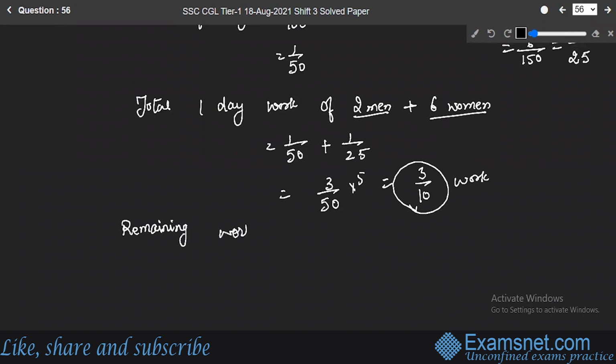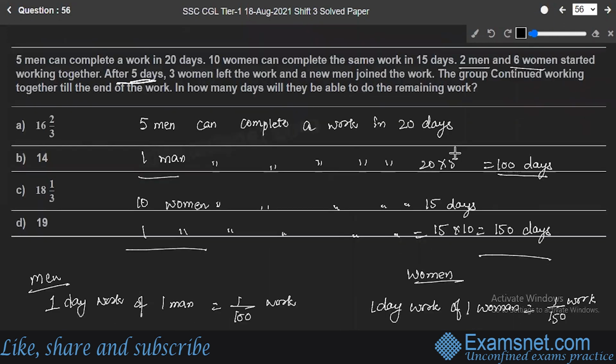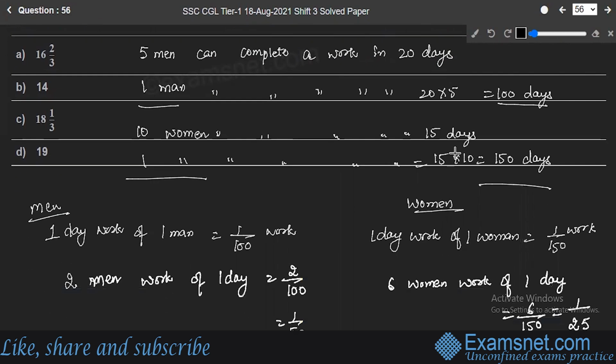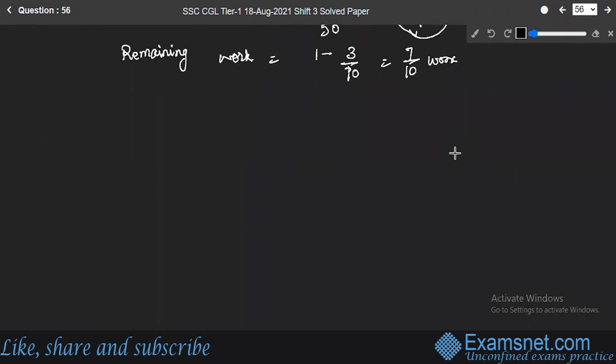Remaining work is equal to 1 minus 3 by 10. That is equal to 7 by 10. So this much of the work remains. Now, after that, what happens? It says after that, 3 women left the work and 1 man joined the work. So that means now,